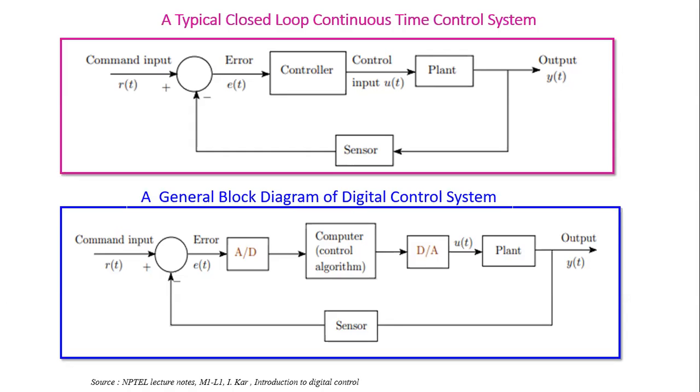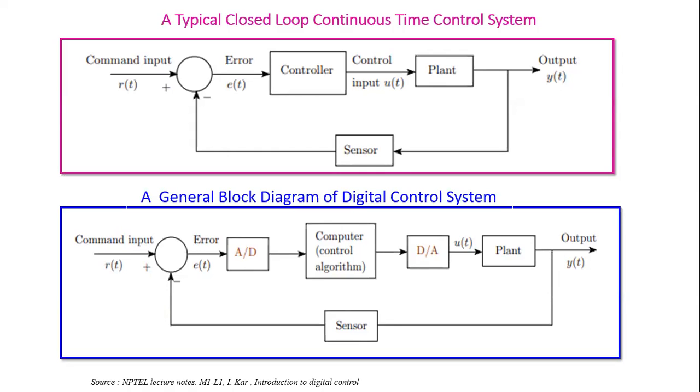See the blocks which are marked in red. We do have A to D and D to A converter which is involved in this particular control system. So when we speak about a digital control system, we can actually view it from various perspectives. It can be a control algorithm that is to be used, a digital control algorithm or a discrete one. We can speak of it in terms of a computer program, or in terms of conversion from A to D or D to A.